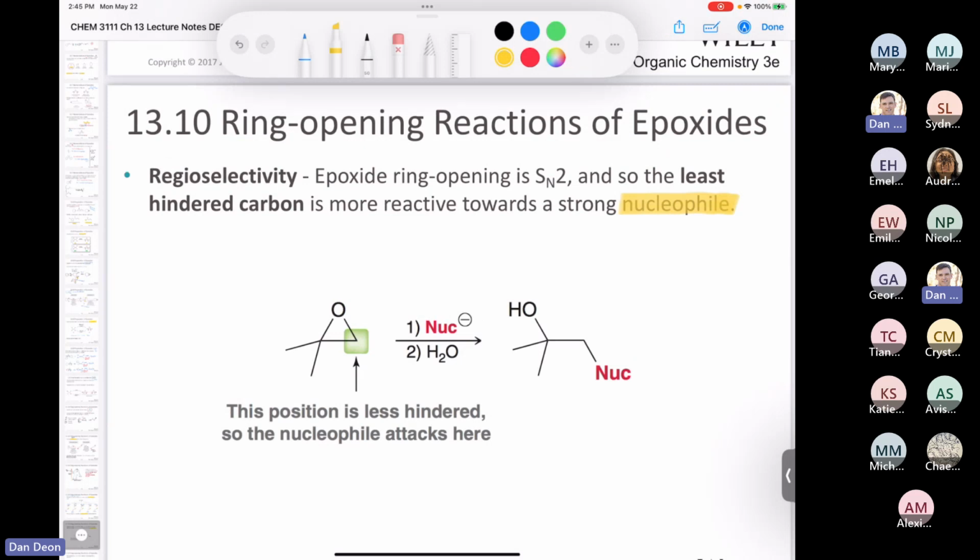It says the epoxide ring opening is SN2. So what does that mean? Come on, if it's SN2, it's just going to hit the least hindered carbon. That's it. That's all. That's the rule. So if we look at these two carbons, if I circle this carbon in red, the other one has the green box on it. Well, the one in green is less substituted,